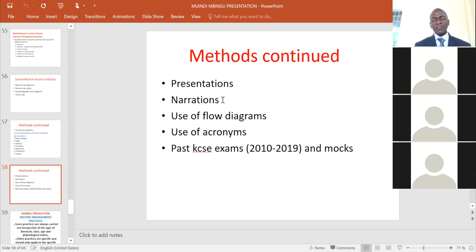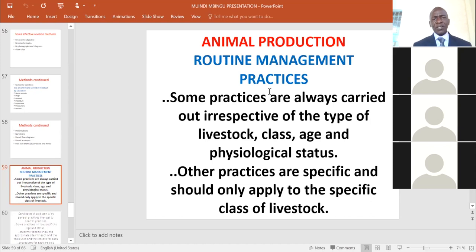Very important. Please go through the 2010 to 2019 K.C.S.E exams and mocks. That will acquaint you with the latest trends in K.C.S.E examination. The following are some routine management practices, which of course you can focus on. My list may not be exhaustive, but it is important to list them and look at them to prepare for